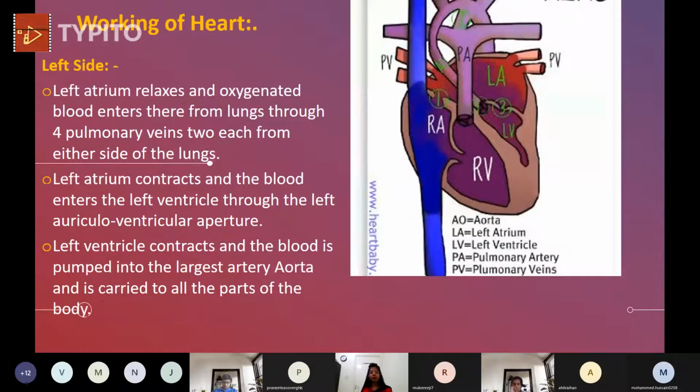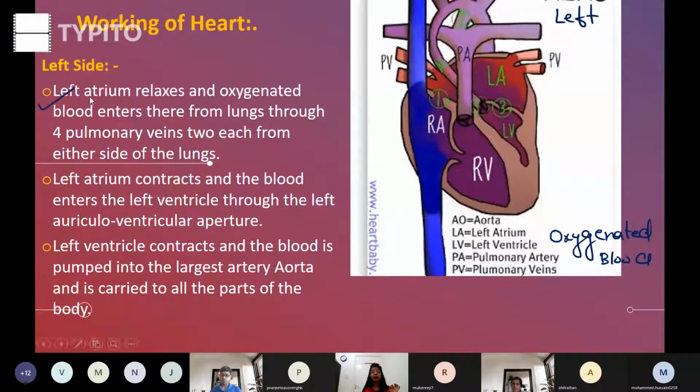Left hand side. Okay, come to the left hand side. So where is the left hand side? This is the left side of the heart. We are going to talk about it. And the left side contains oxygenated blood. Okay, the left side contains oxygenated blood. So, you know that in the lungs oxygenation happens, and after oxygenation, oxygen is filled up in the blood by the lungs. So now that oxygenated blood is given to the heart by the pulmonary veins.